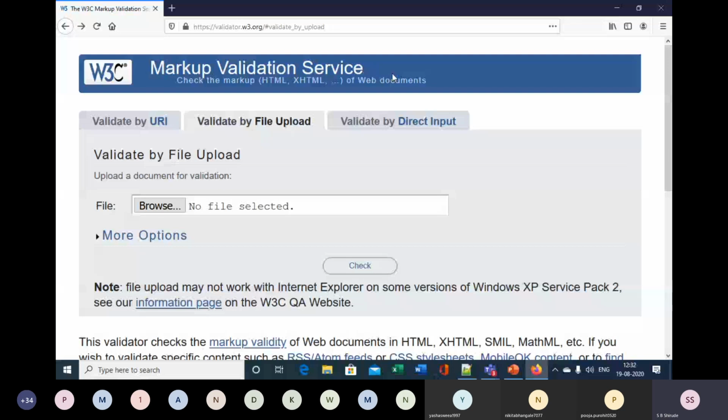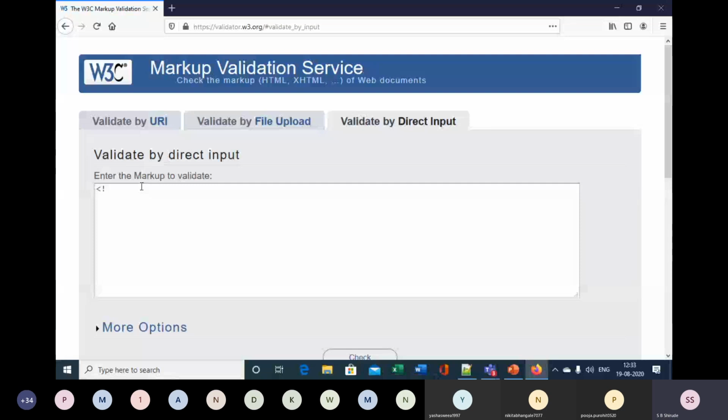For example, if I give here some input such as doctype, then HTML, and then head, and then slash head, body, slash body, and then slash HTML, and then in head I will give some title.